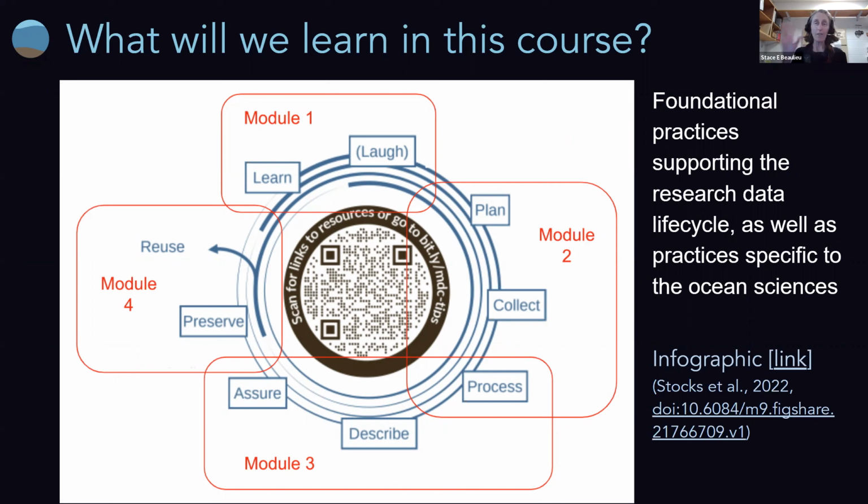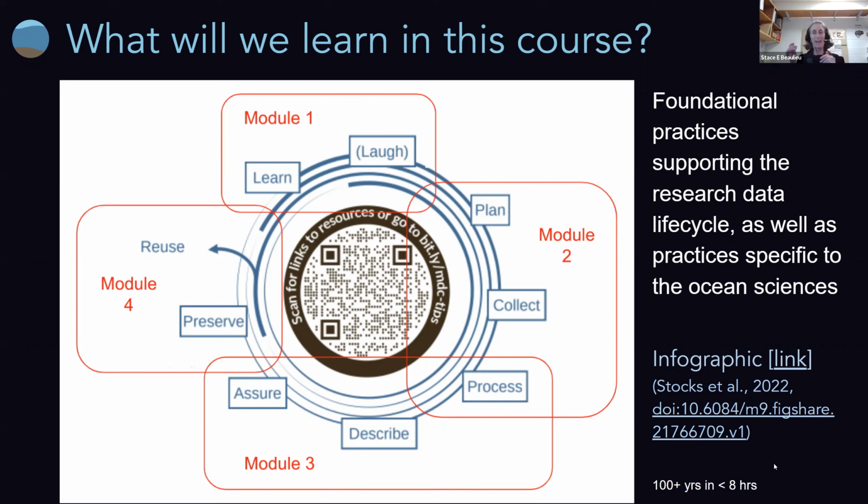So we laid out the course kind of in order of this cycle, but we'll be trying to refer to each module from the other during the training. So if you jump in during module 3, you can catch up by looking at earlier module slides, but we'll try to link among the modules in each of the training sessions.